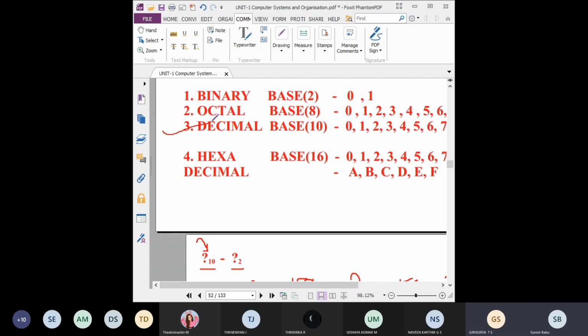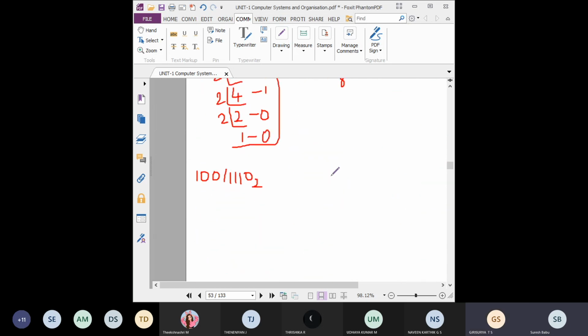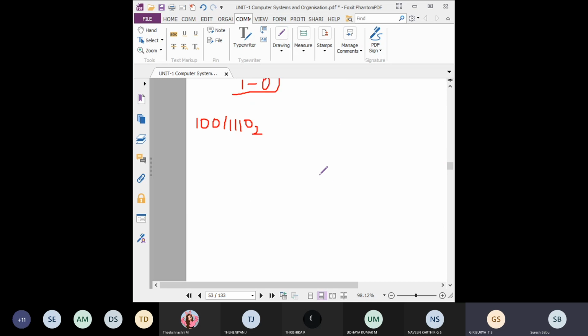Just now we completed the decimal number system, that is decimal to all other number systems. So here we have 3. Like this we have octal to other number systems 3, binary to other number systems 3 types, hexadecimal to other number systems 3 types. So totally we have 12 conversion types. Now we completed 3 types. Everyone understood? Yes, sir. Very easy.